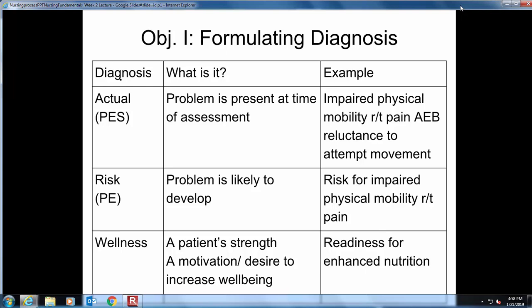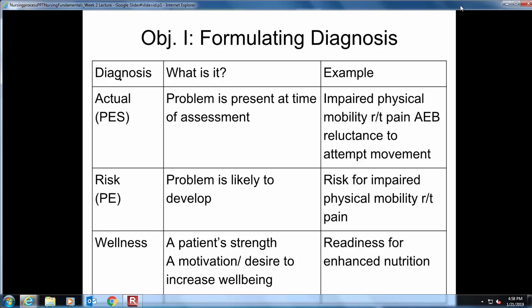A risk diagnosis means the problem has a good chance of developing, but it hasn't yet. So for example, a patient who is immobile is at risk for skin breakdown. So the diagnosis would be risk for impaired skin integrity related to immobility. Note that we don't have the signs and symptoms at this point because the problem has not actually taken place